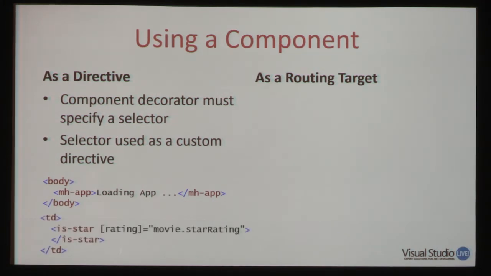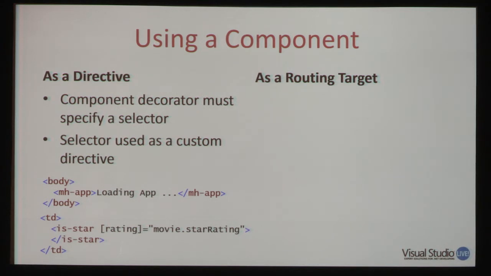For our star rating, it would look something like this. So we would have a table data area, and we would have our star rating. Now, I named that IS-star because I want this to be a reusable component across the company. And the company used in this app is InStep, so IS for InStep, instead of MH, because it's not specific to this application, I'm going to reuse this across many applications. So does that make sense?